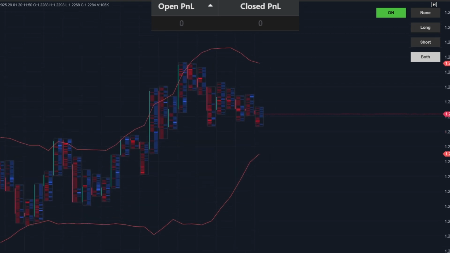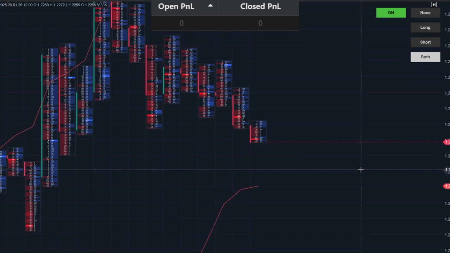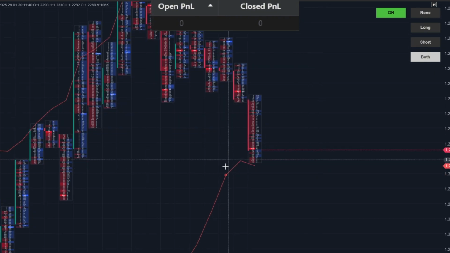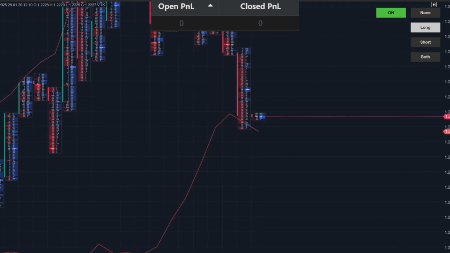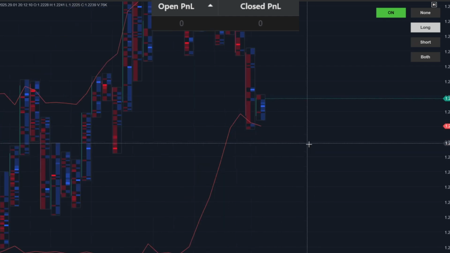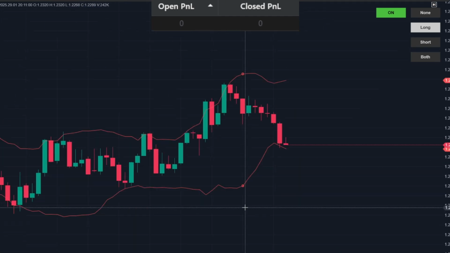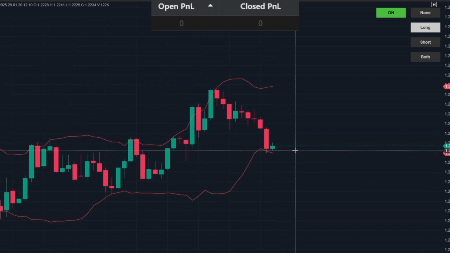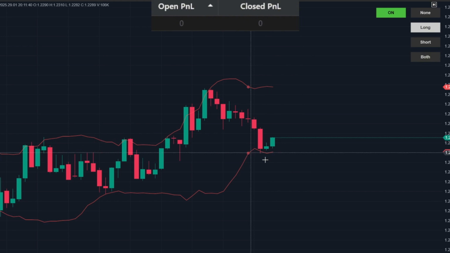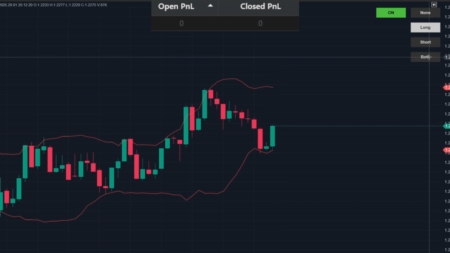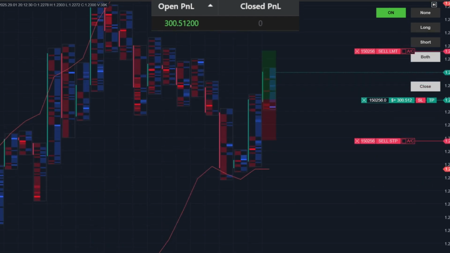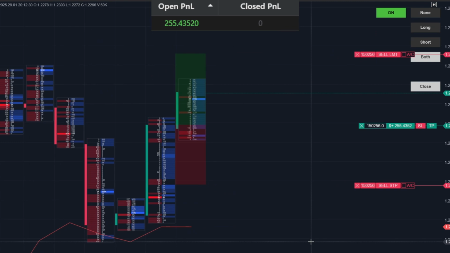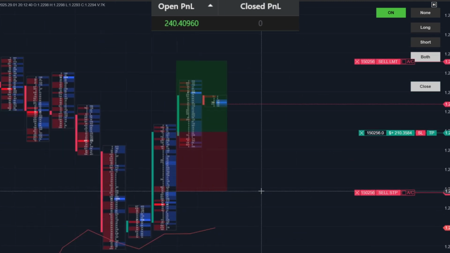So you can combine this with the bot to basically get an insight into where reversals are happening and where you can expect to go long or short. Just as an example, I'm going to set it to long here because we are at the lower band, and if the bot is detecting a lot of buying pressure at this level, then you know we're very oversold and a reversal is going to occur. And we'll see if we have any buying pressure here, because the market is just ranging at the moment, and when it's ranging like this, it does kind of bounce between the upper and the lower band, and we get filled there. So we do get filled into a long, and I just set it back to both there,